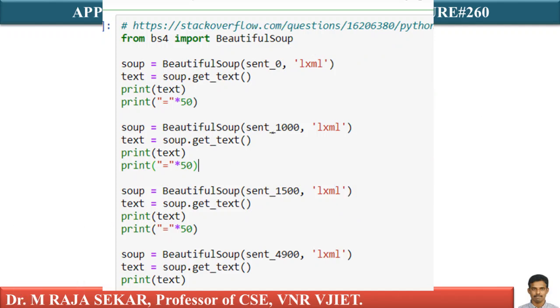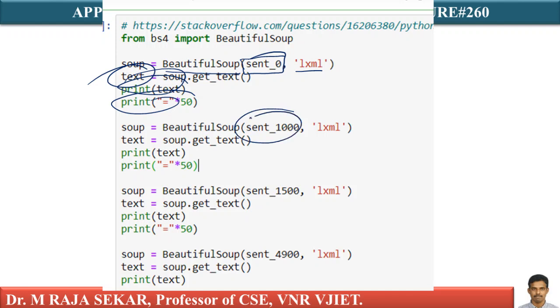How to use this one? So this is cent_0. This is one arbitrary or random review from which I am removing some XML or HTML, and this is the simple syntax. The soap get_text means now you will get that text. I am printing it, and again I am displaying 15 equal symbols.